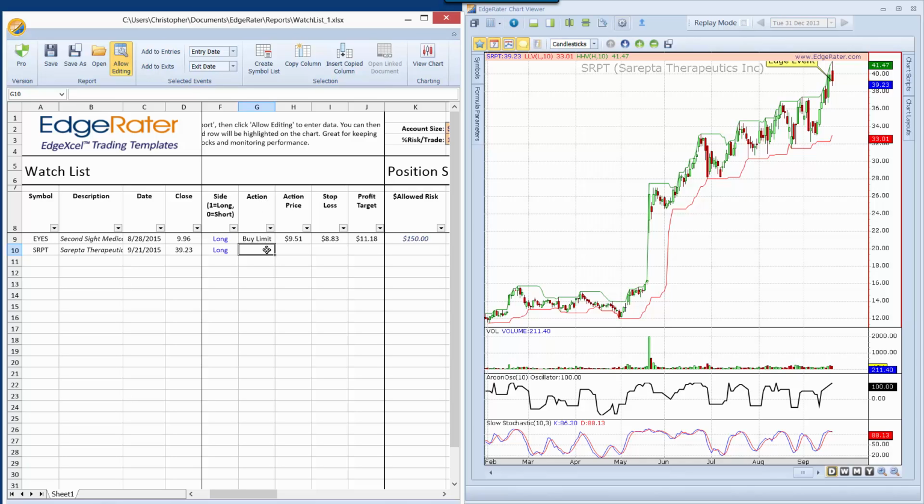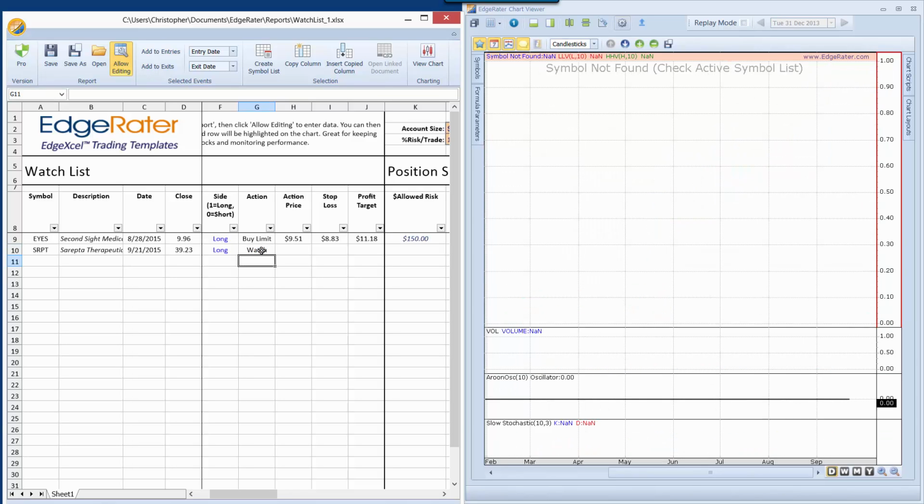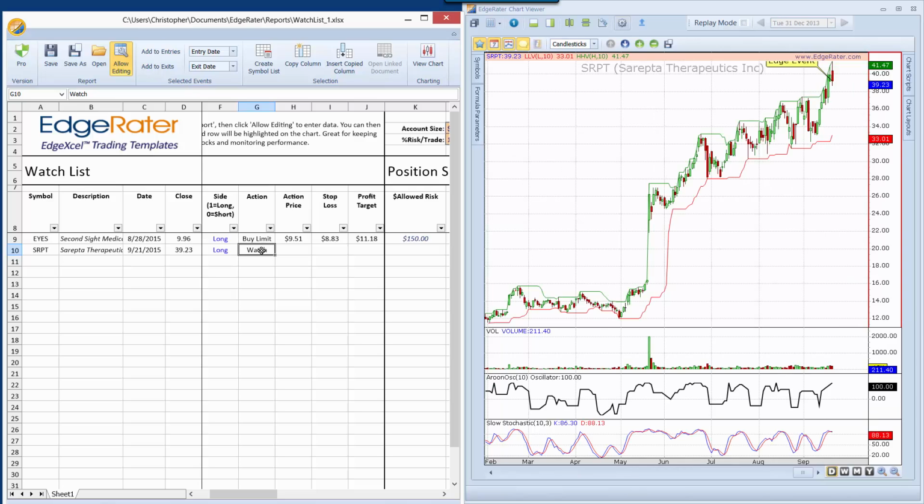It's just a notation for you to make a note of what action you're going to take with this stock. Your action could just be watch, and you wouldn't enter any more information. But you could also fill in the whole rest of this spreadsheet and say, I'm going to buy limit, well, actually this is actionable,